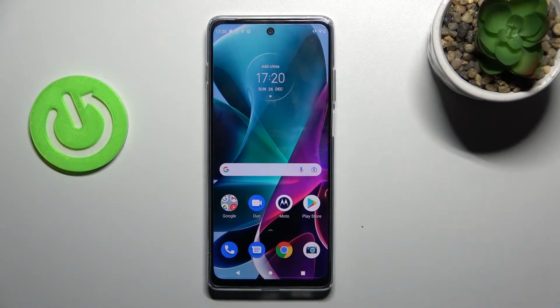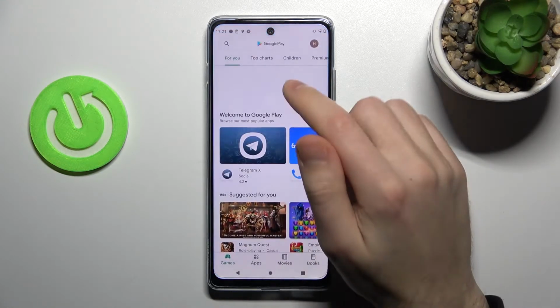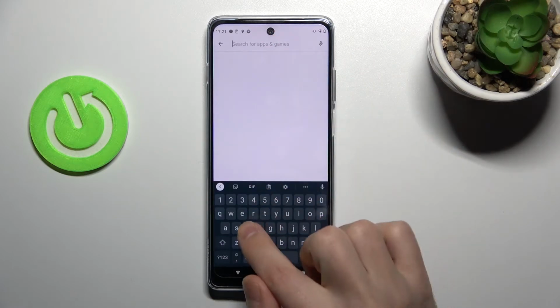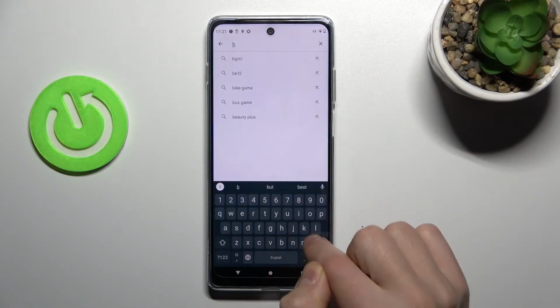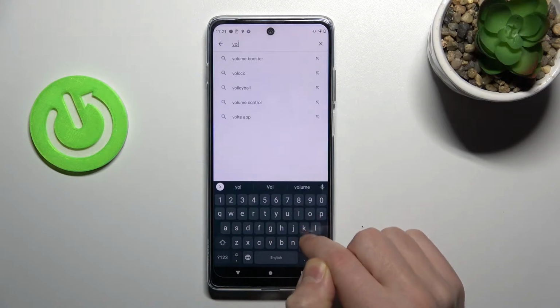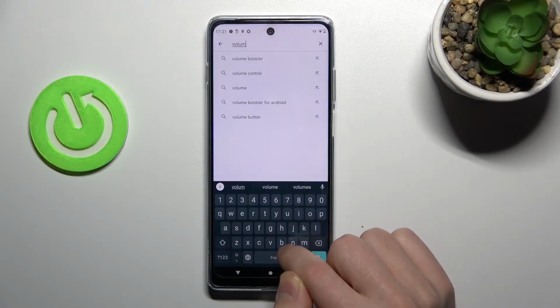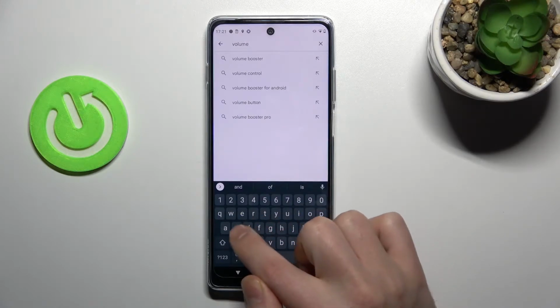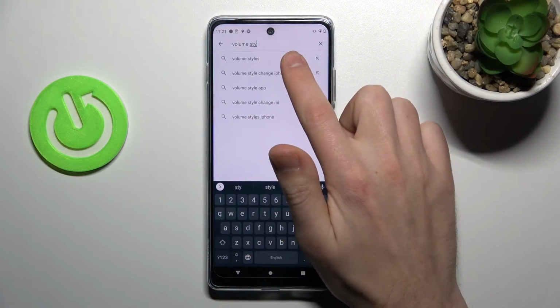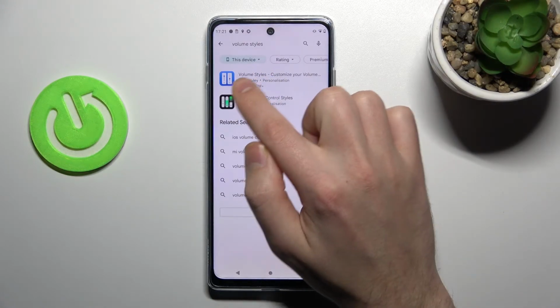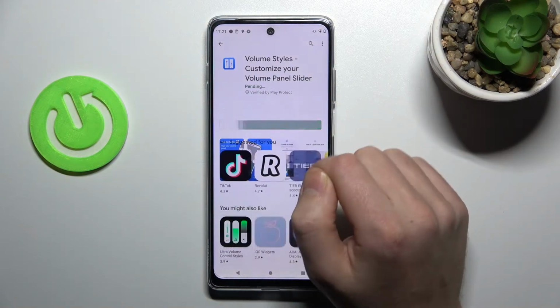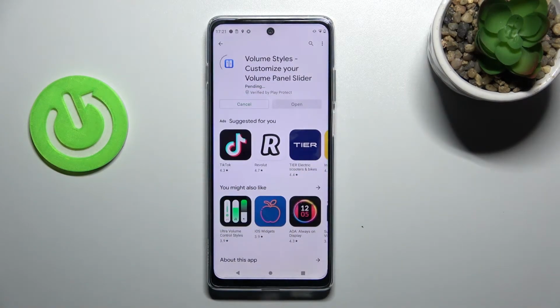Welcome! If you want to customize volume panel styles on a Motorola Moto G200, first step, open your Play Store and in search find your volume styles application. I'll show you. First application, this one. Need installing, wait a second for install,